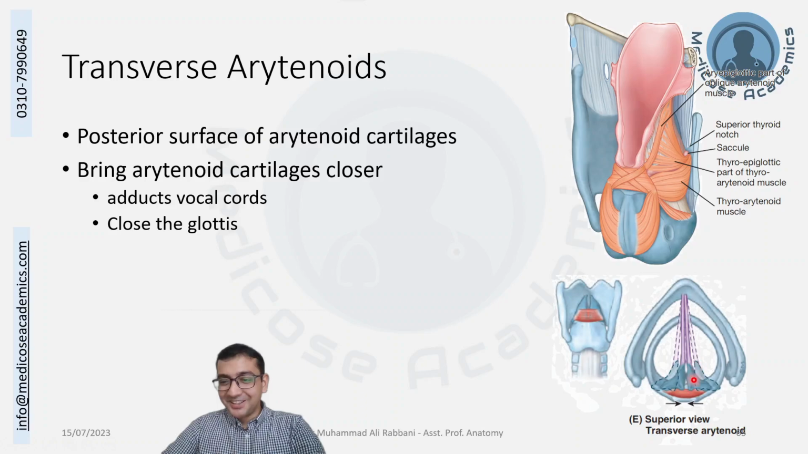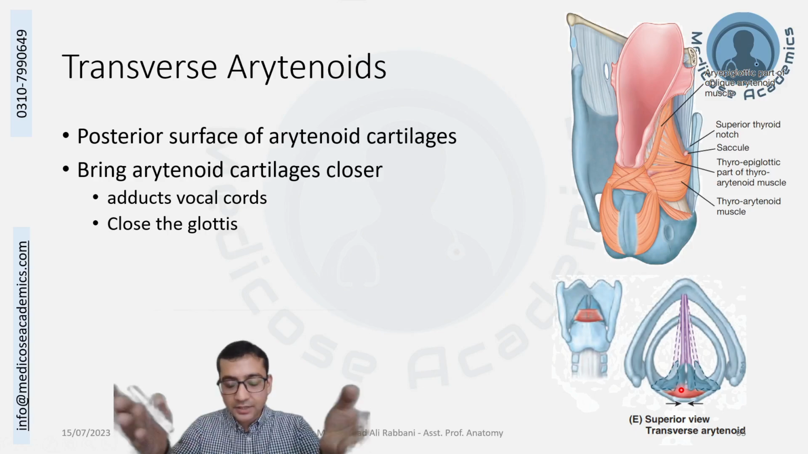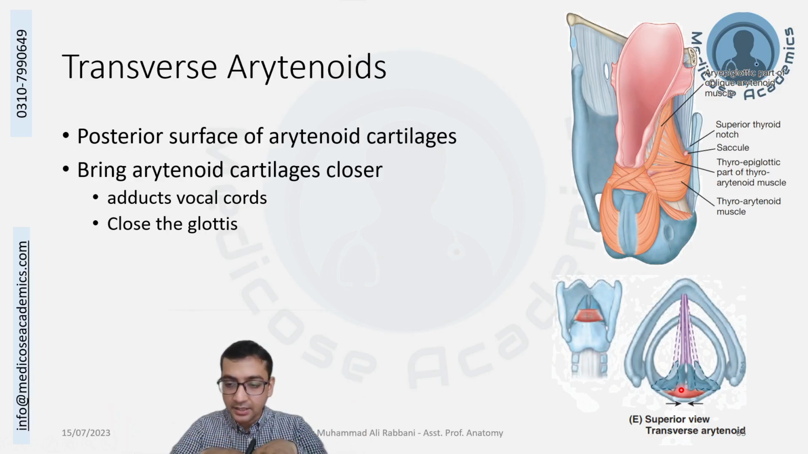Okay, so the arytenoid cartilages, the sliding movement we talked about. Arytenoid cartilages can slide away or towards one another on the top of the cricoid cartilage. So moving them close to one another is done by the transverse arytenoid muscles. And when it does that, it is directly closing the glottis. It is adducting the vocal cords, bringing the vocal cords together to one another, and